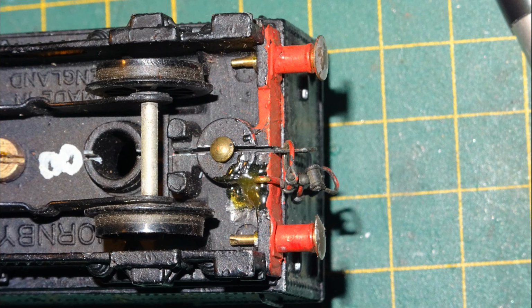The big blob of glue behind the buffer beam seems to be holding on the vacuum pipe. I didn't do that, but I wouldn't have thought that the person who carefully detailed the model would have done it either. As you may see, the only coupling is of a hook and 3-link type. I could have tried to use this, but I don't really have rolling stock set up to use this type